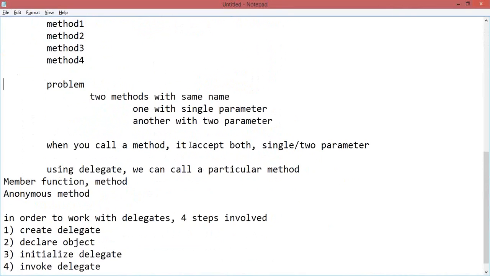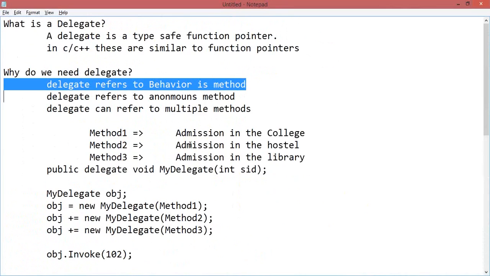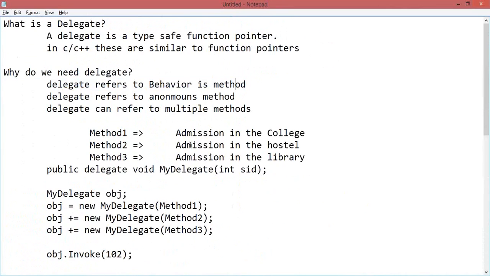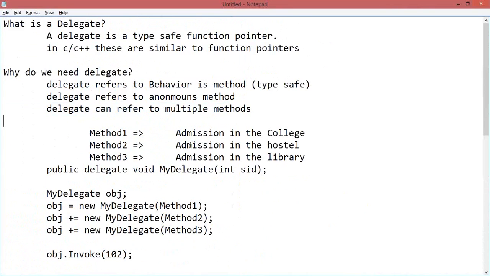We already said there are many advantages, and the main concepts we are discussing are these. A delegate refers to a particular behavior, so I can say it is a type safe function pointer. The second one is that a delegate can refer to multiple methods, called a multicast delegate.